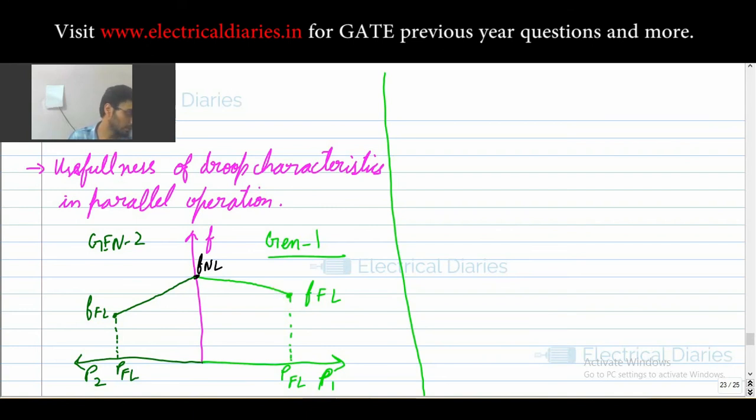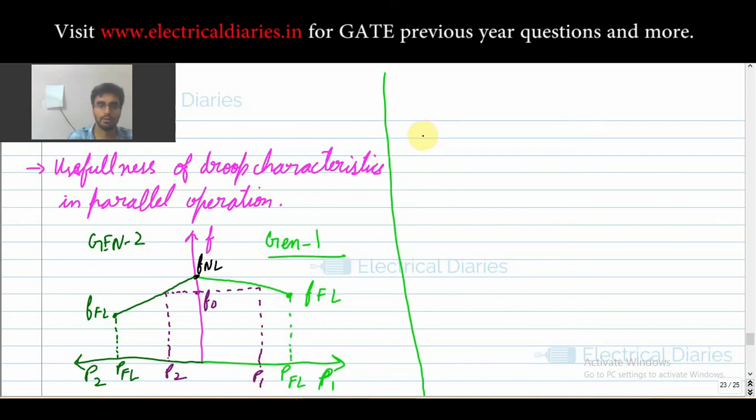Now somebody says that both the generators have to cater some power, and asks what will be the final frequency. So some kind of questions can be framed. What you have to remember is that you have to formulate these characteristics. Let us say the final load is operated at this frequency, that is, these two generators will cater some load and will operate at this frequency. Generator 2 will cater this much amount of load, that is P2, and generator 1 will cater this much amount of load.